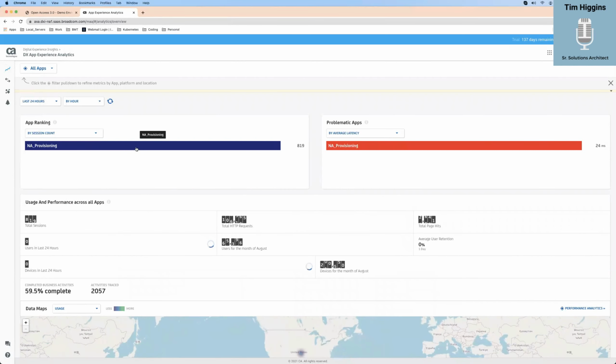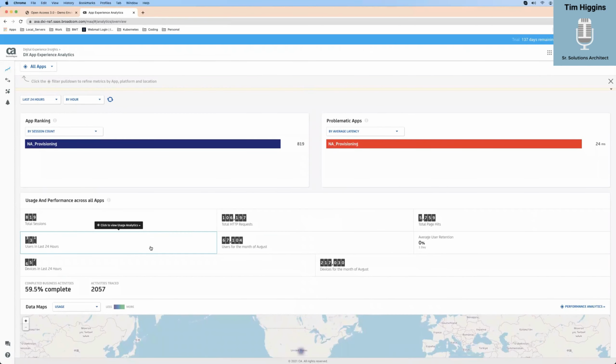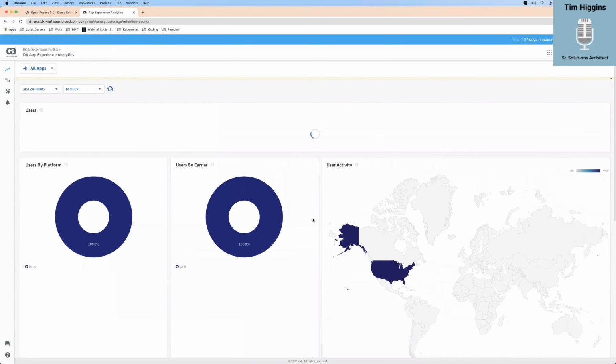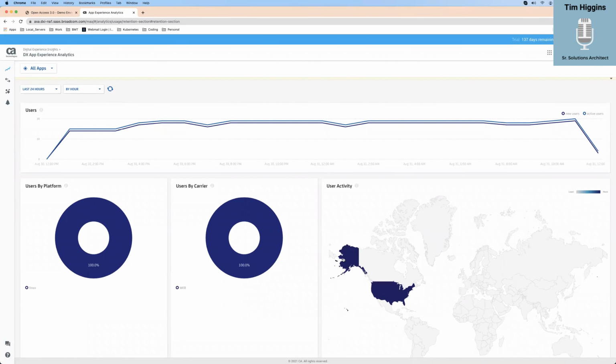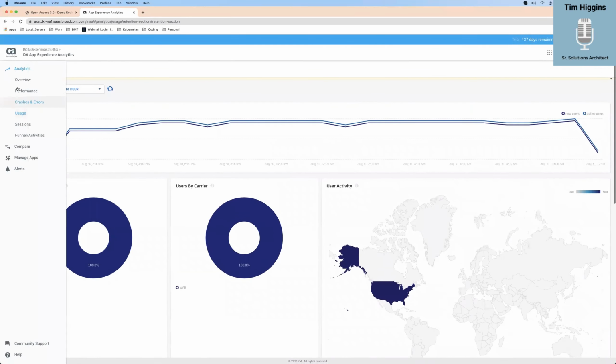One thing that's important is when you click on these, so if I look at users in the last 24 hours, it says none, but it's still, there it is. If I click on this, it's going to take a few seconds to load, but I can see that my users have been pretty much in all of US, right? So you can barely see Hawaii, Alaska, you know, and the US. I can see my platform is Linux, web. It can pick up depending on what your user's using. So iPhone, Android, right? And I think when I do the 30 days, you should be able to see that. But let's go back again.